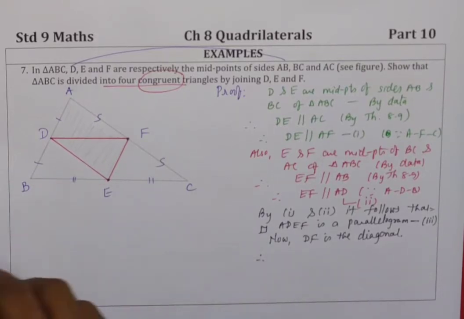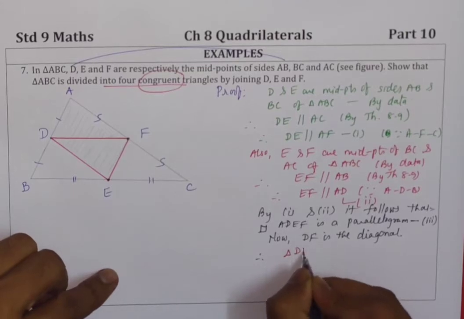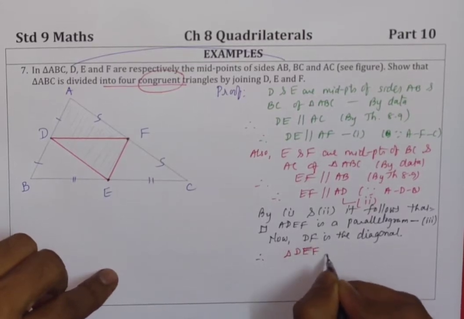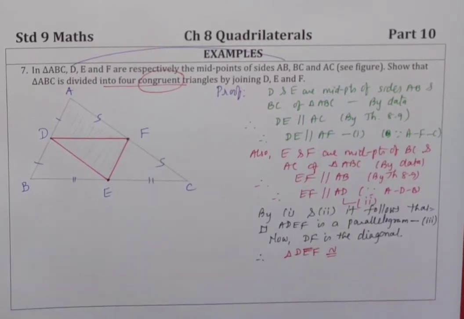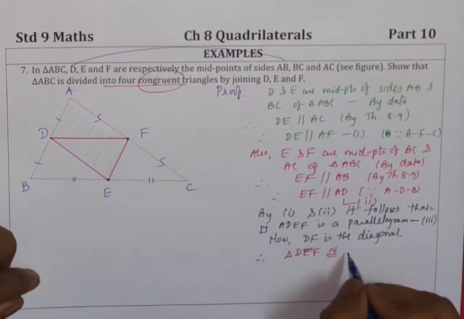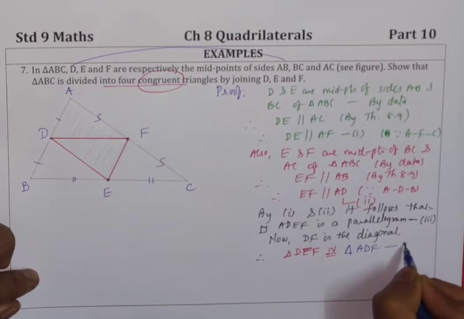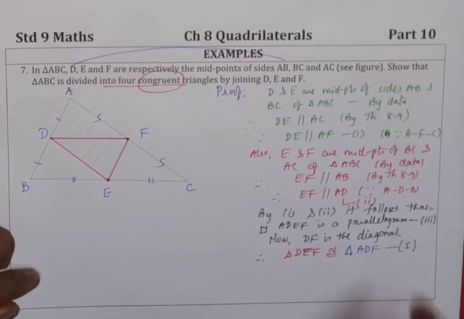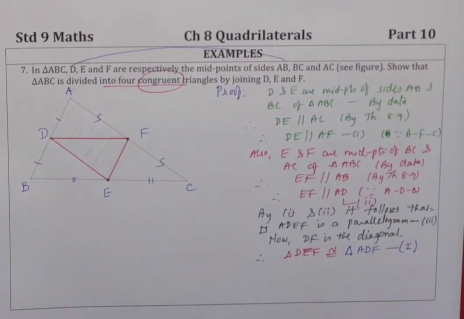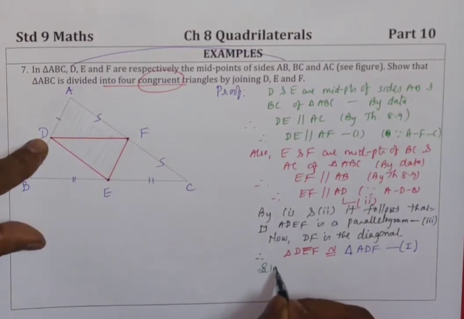Therefore, the red triangle DEF is congruent to triangle ADF. Result, I'll call this first, not fourth, first. Alright. Now see, similarly it can be proved